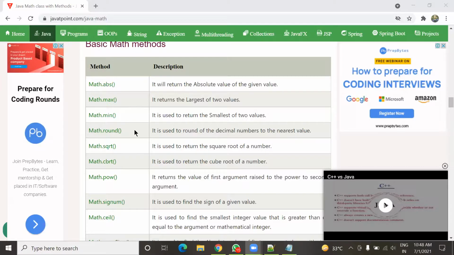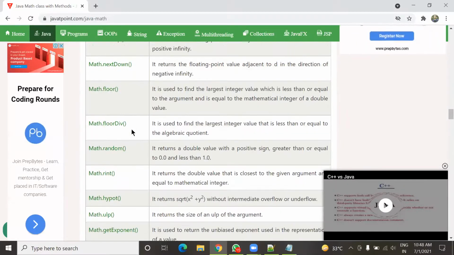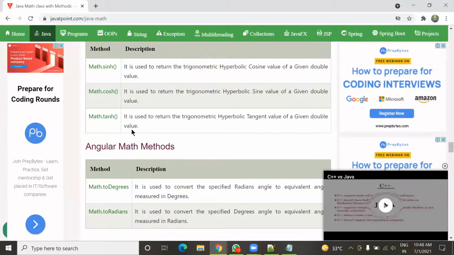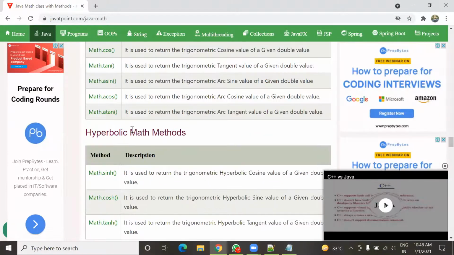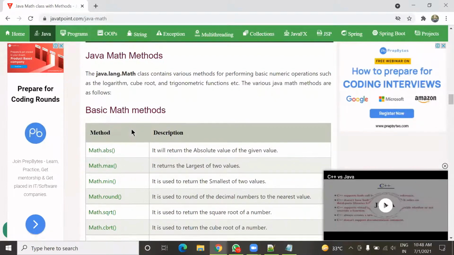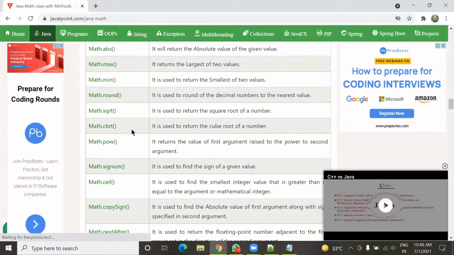Here you can see the list is long. These all are math methods, and all these methods are predefined methods, meaning you don't have to write a program for min, for rounding values, for square root, for cube root, to calculate the power, for sign, ceil.